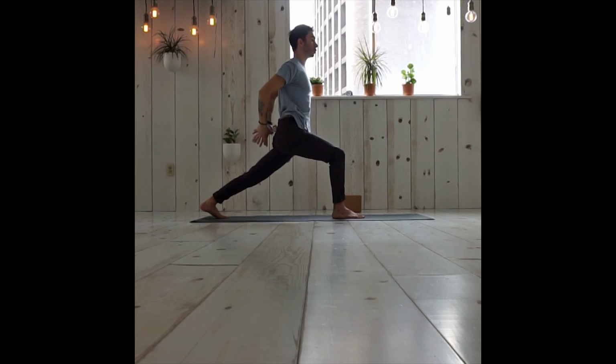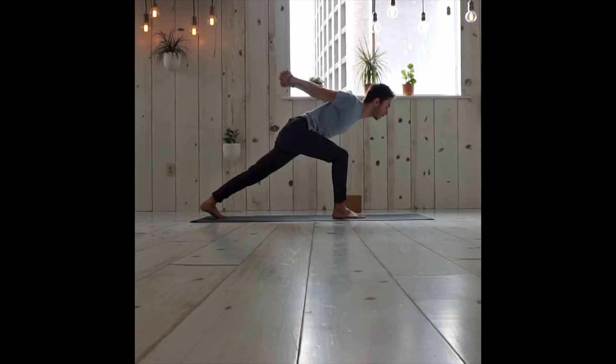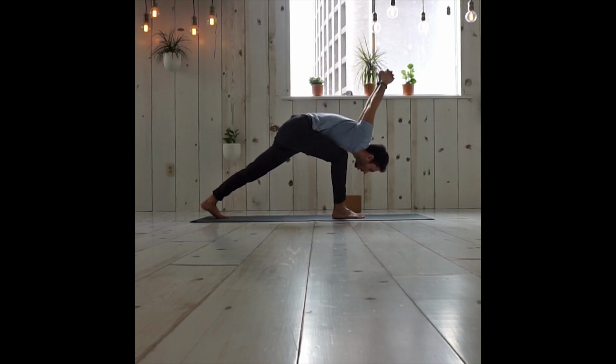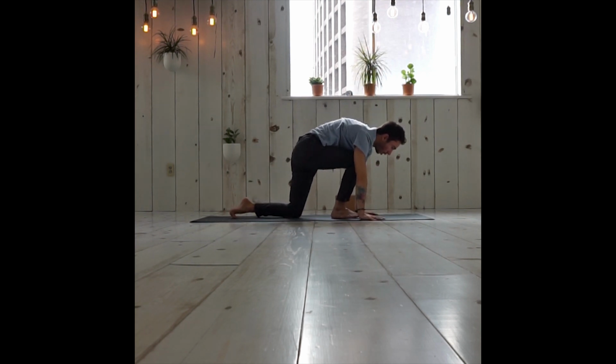Interlace the hands behind you, squeeze the shoulder blades together. Open up through the chest as you breathe in. And as you exhale, lean forward and send the arms towards the sky as you bring out the shoulders. Lots of engagement here through this right leg. Keep looking down at the floor, release the hands down, drop the back knee, press into the palms and sweep